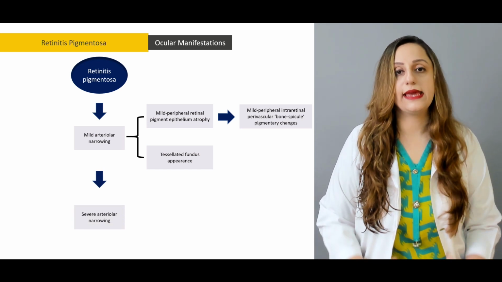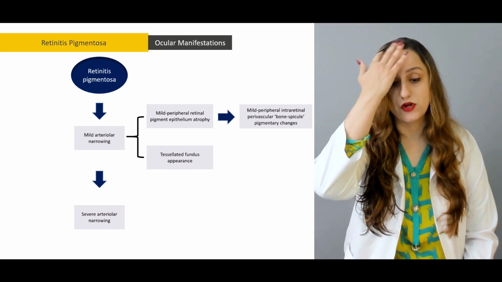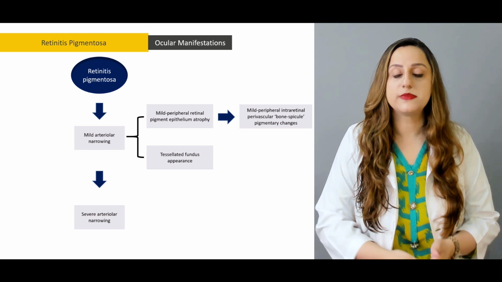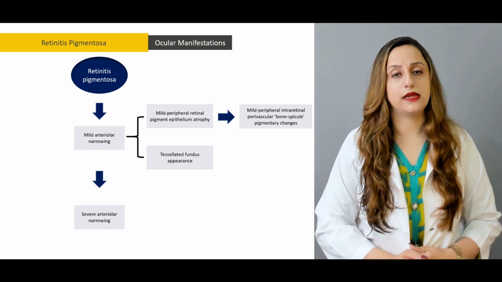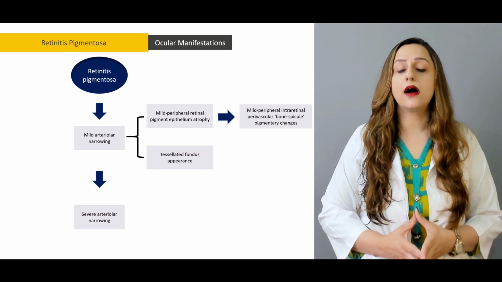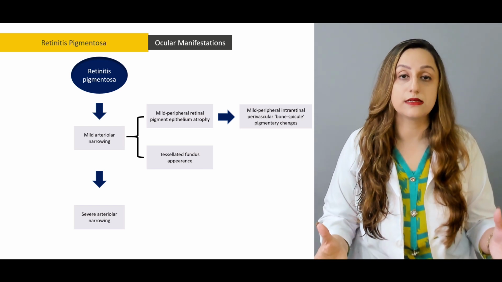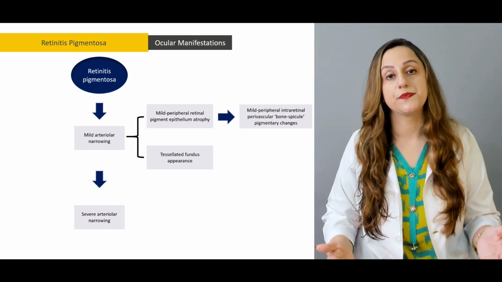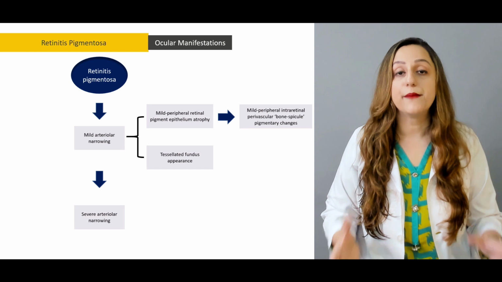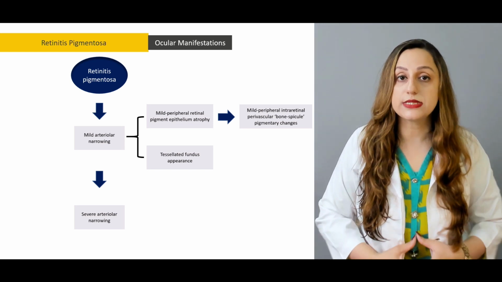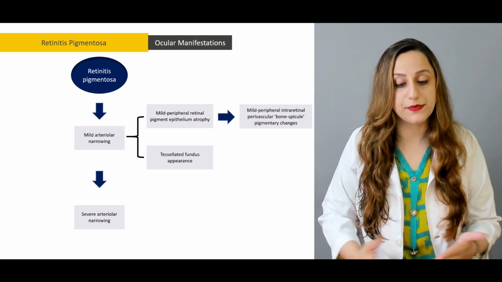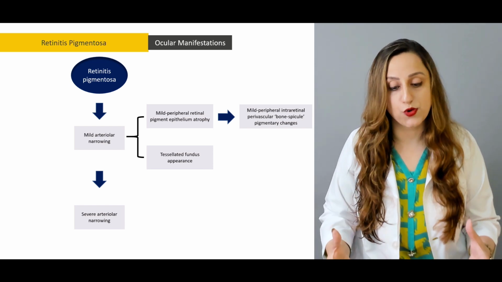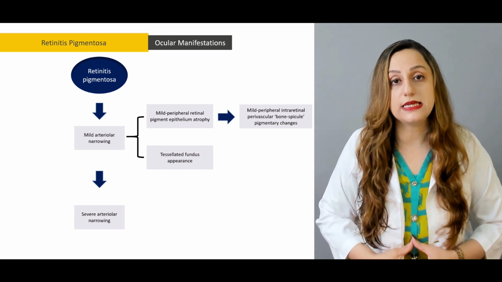On one hand, we can have mild arteriolar narrowing, and on the other hand, the patient can be suffering from severe arteriolar narrowing in a lot of cases. There are multiple factors for this severe arteriolar narrowing. Sometimes retinitis pigmentosa is an isolated condition, but in a lot of cases, it is associated with syndromes. For example, Usher syndrome, Kearns-Sayre syndrome, Behçet syndrome. We have Refsum's disease,